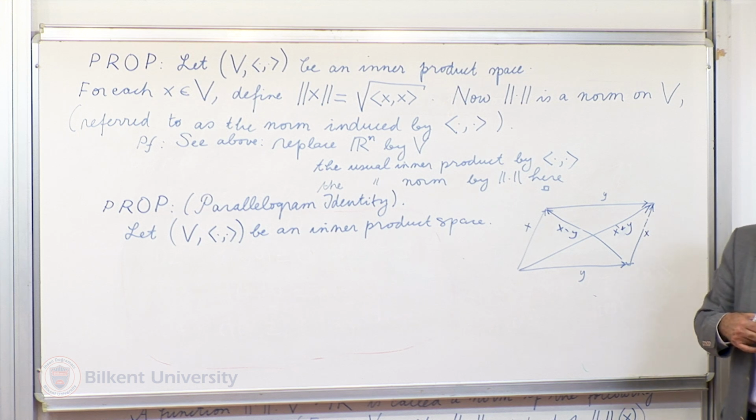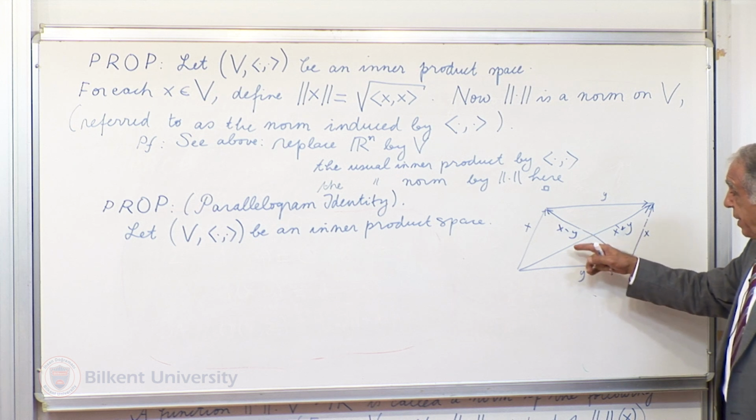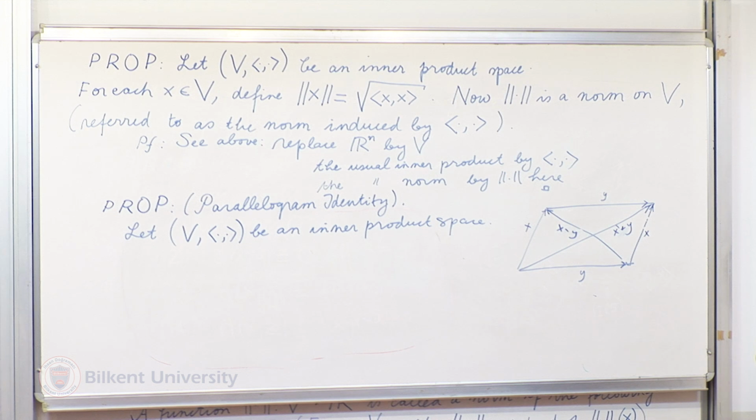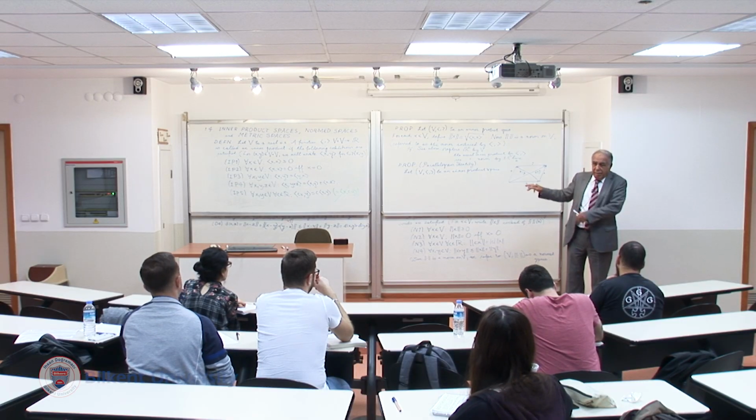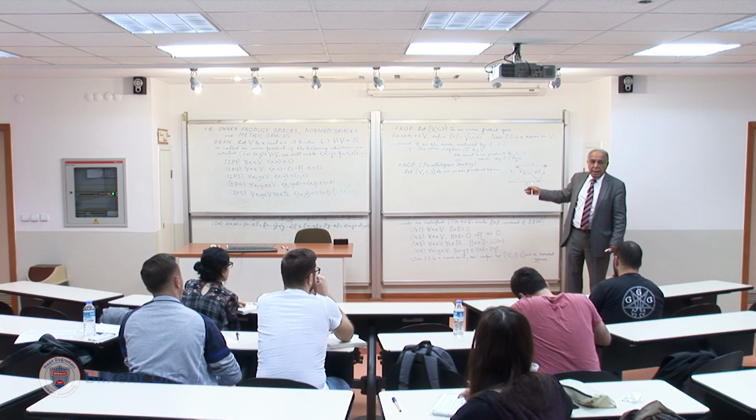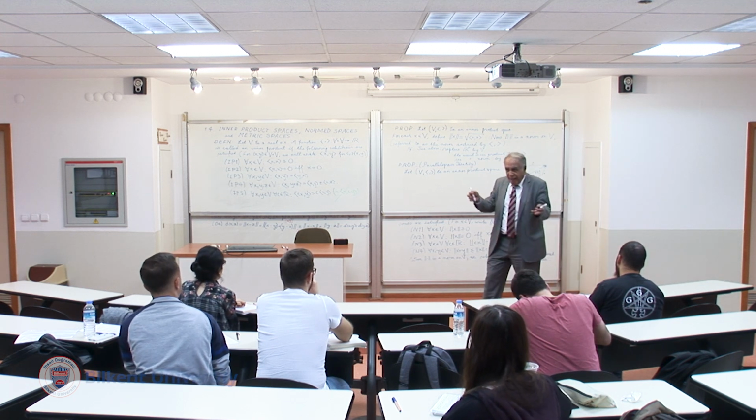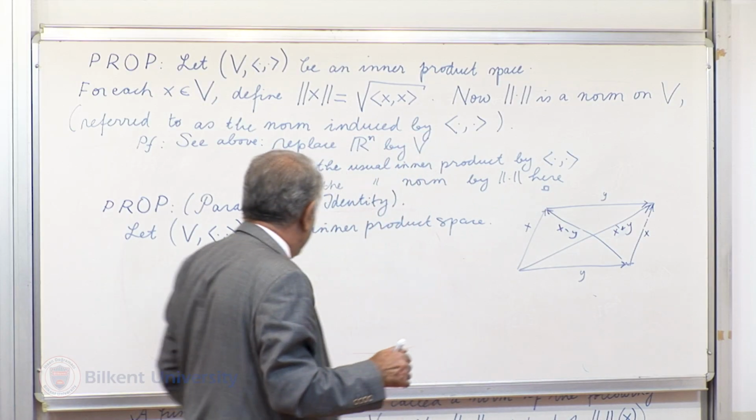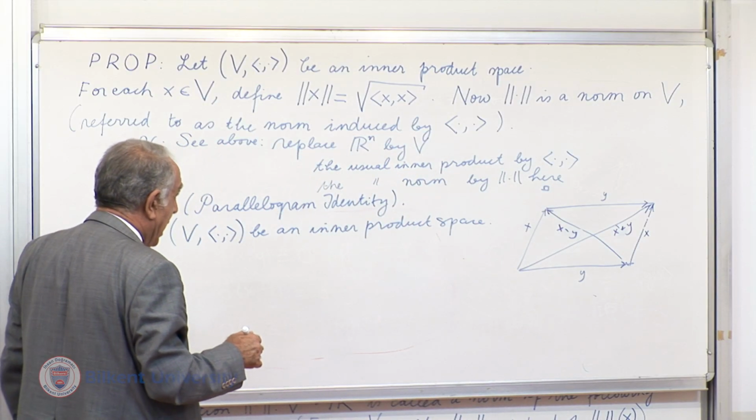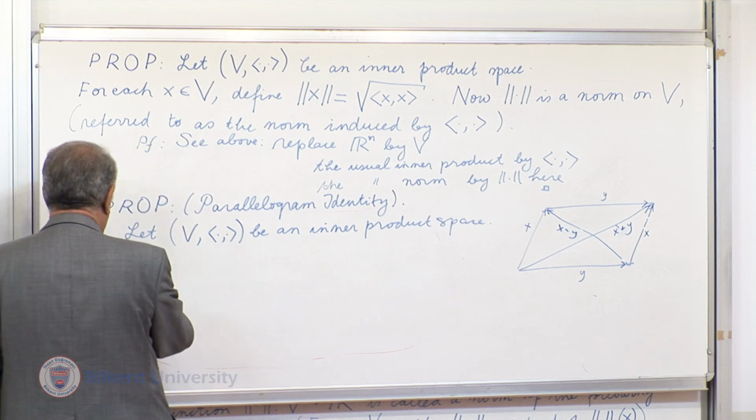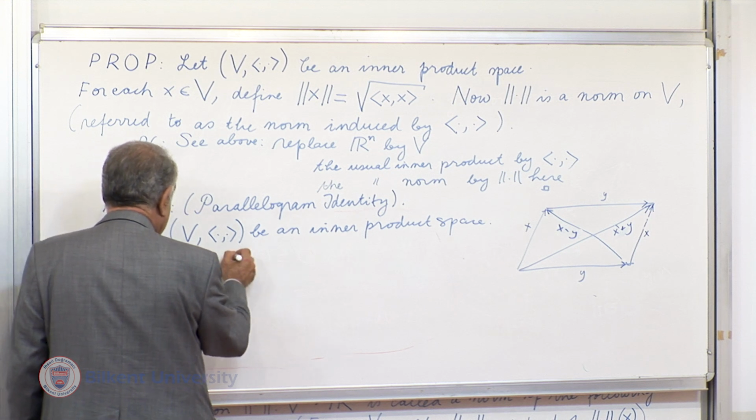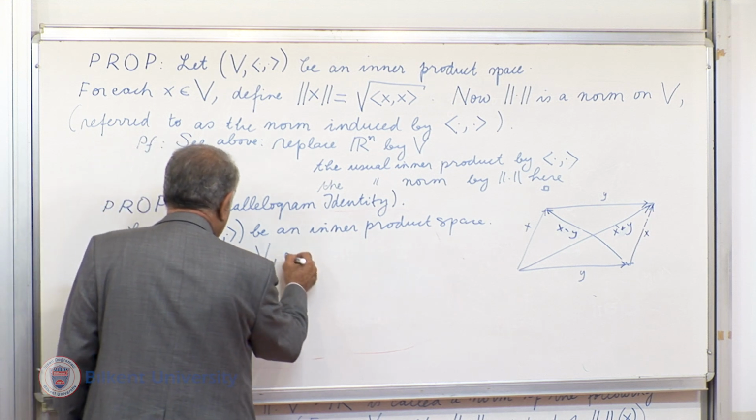the sum of the squares of these two diagonals is equal to the sum of the squares of the four edges. Well, you can easily see that when this parallelogram is a rectangle, then that follows from the Pythagorean identity. Okay, but that's in general true. Now that will become here as follows. For any x, y in V, one has